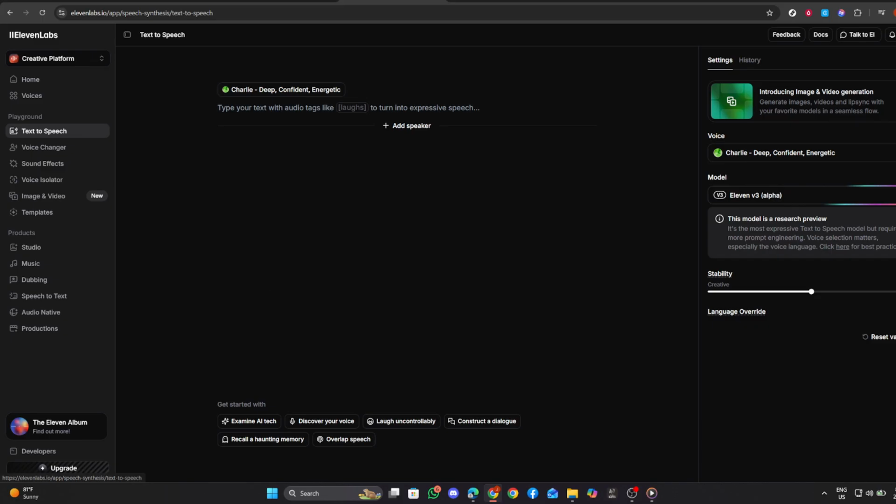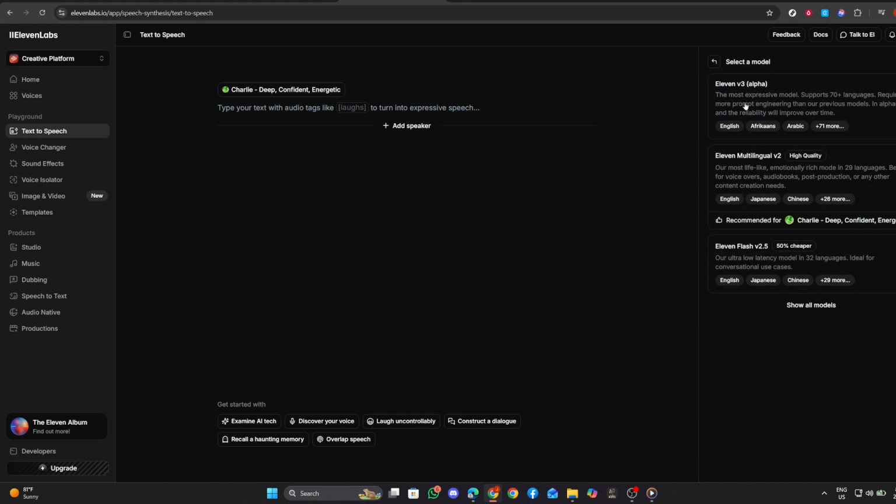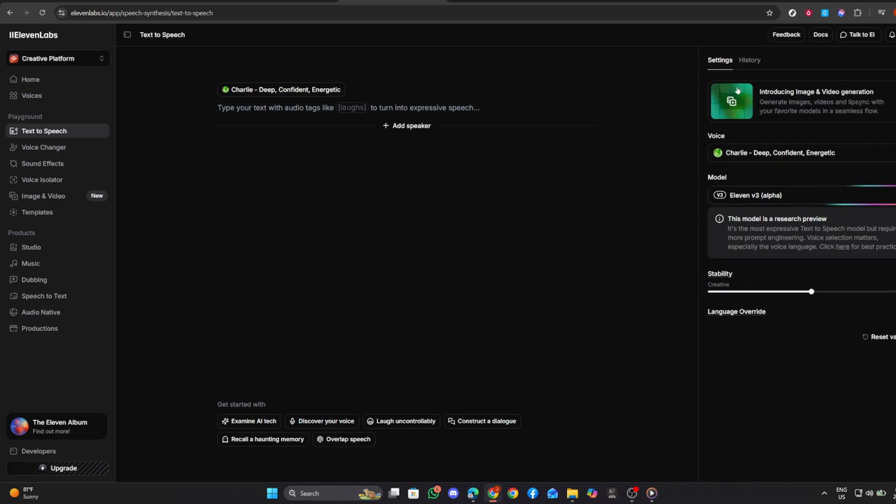Once you are in the text-to-speech section, find and click on the model selection area. This will present you with a list of available voice models. From this list, select 11v3 Alpha. After making your selection, you will be able to choose your preferred voice model, which will determine the characteristics of